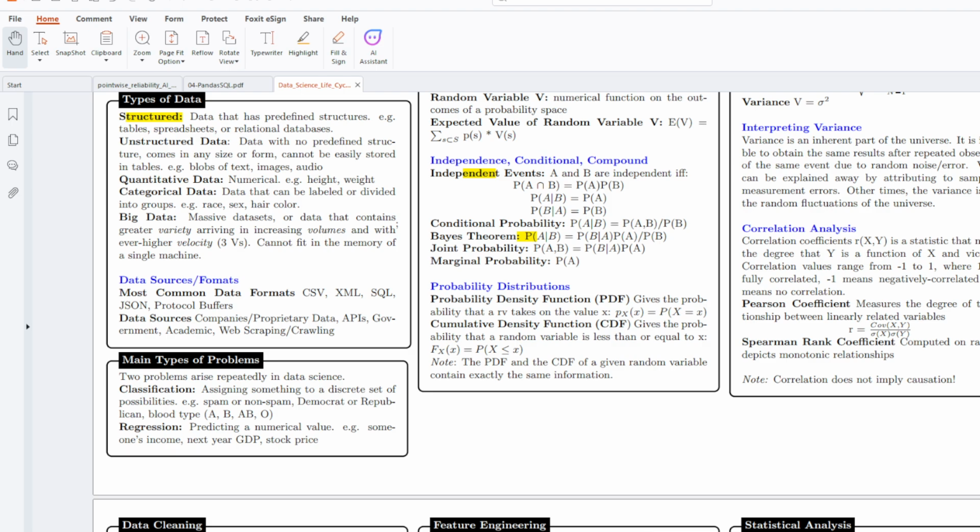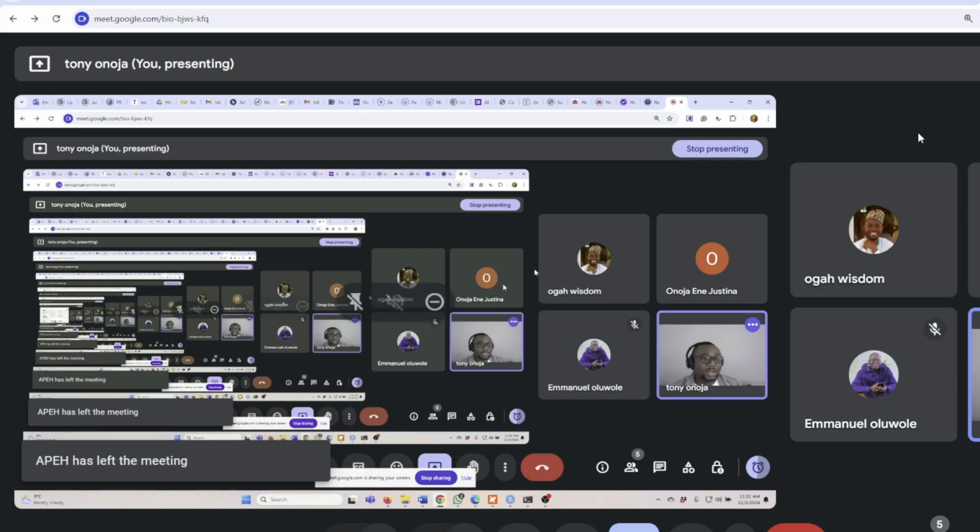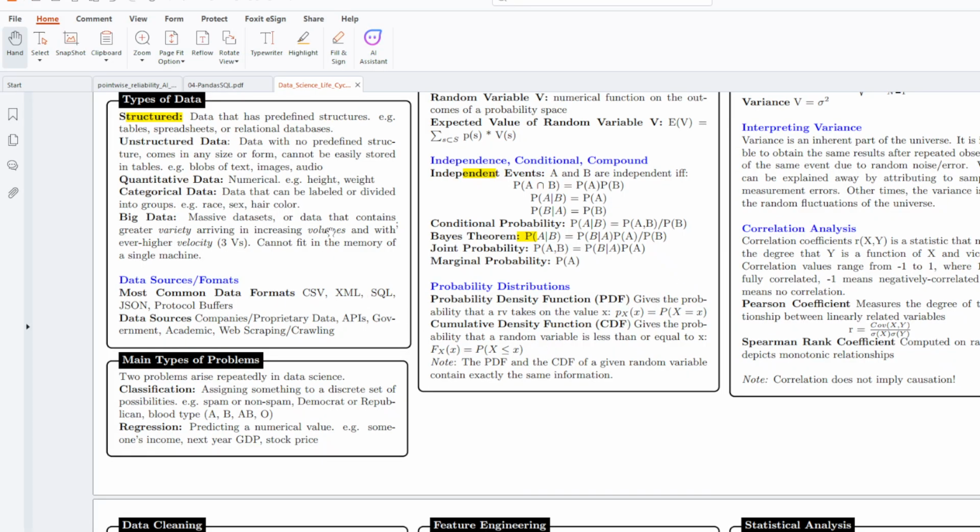Then when we talk about numeric data set, on the other hand, I think you guys are still with me. When we talk about numeric data, quantitative data set, they are numeric data set. A good example is height, weight, age. They are numeric. Now, this kind of data can be in form of decimals, like the data I just showed you. You could see there are some that are in form of decimal, some are in form of a whole number. So these are examples of numeric data.